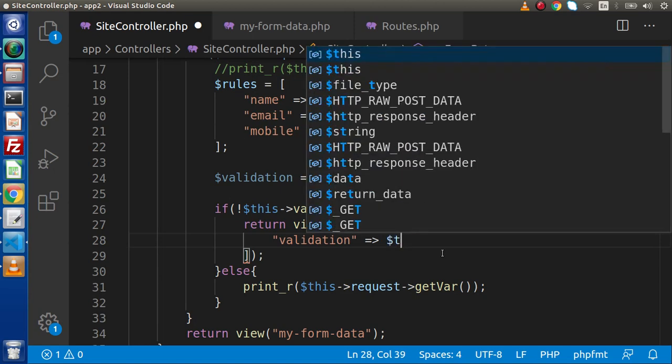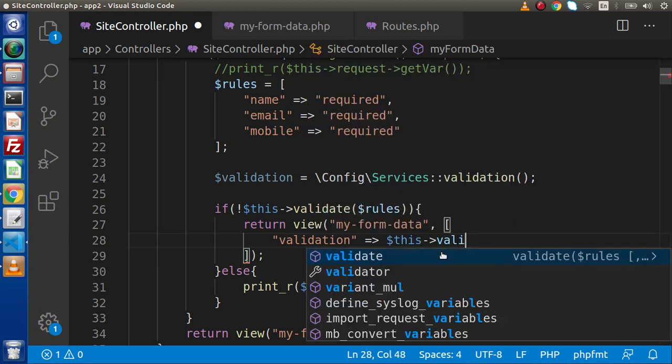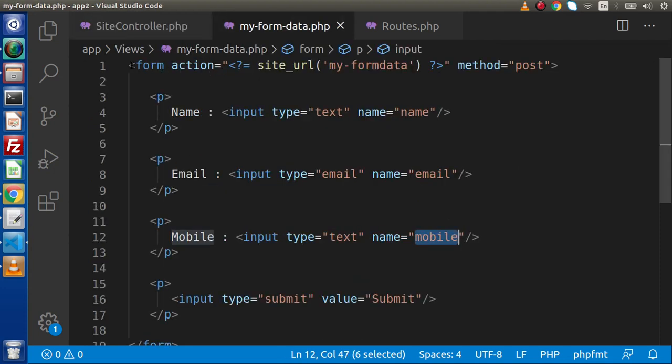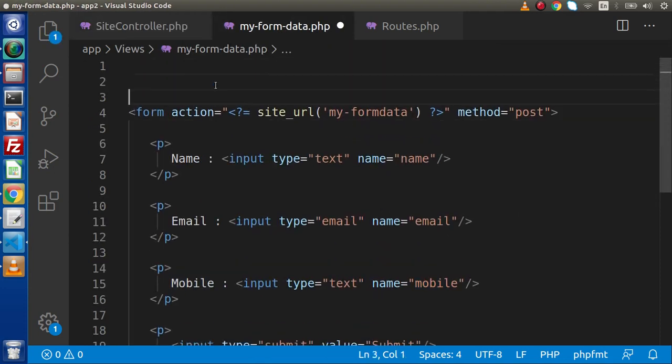Now here using this, I'm going to make use of our validator property. By the help of this key that we have defined here, we can access our validation error messages. Back to our view file, go at the top of this form and simply make a shorthand operator for a PHP